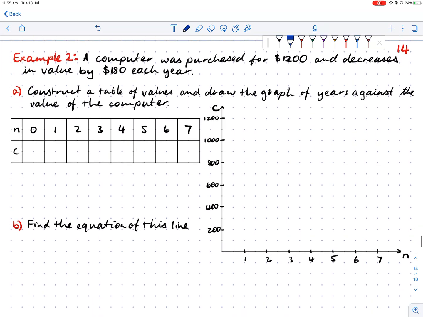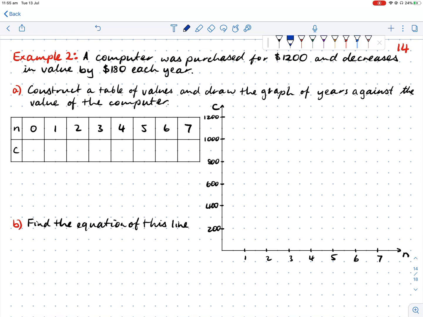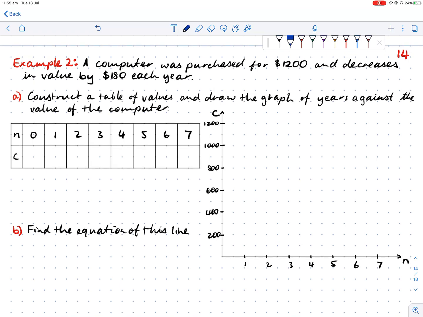Okay, another type of question is one where you may need to draw your own diagram. A computer was purchased for $1,200 and decreases in value by $180 every year. We're going to fill in this table of values and then draw the graph on the right. At the beginning, the computer was worth 1,200, and then every year it's going down by 180. So if I take off 180 from 1,200, I've got 1,020, then 840, 660, 480, 300, 120, and then negative